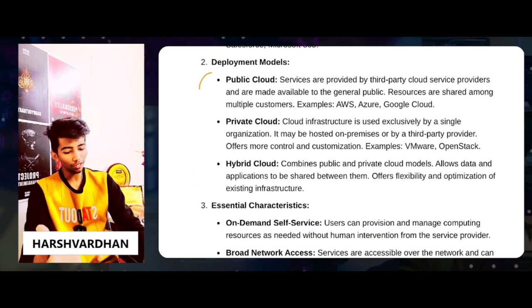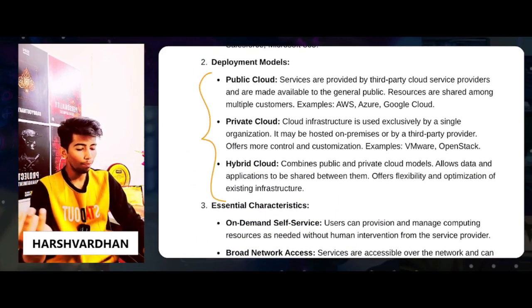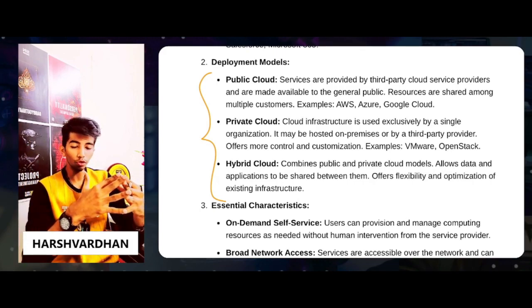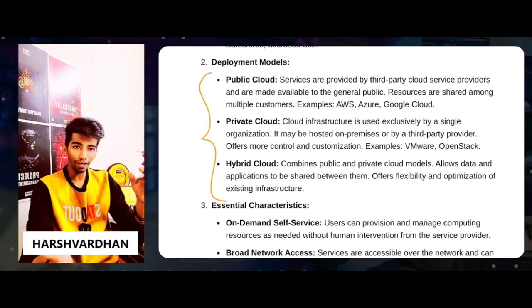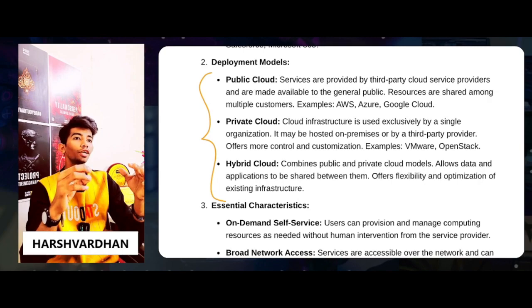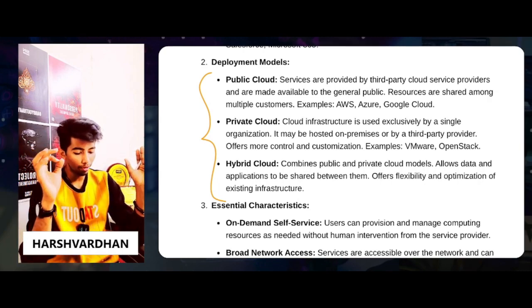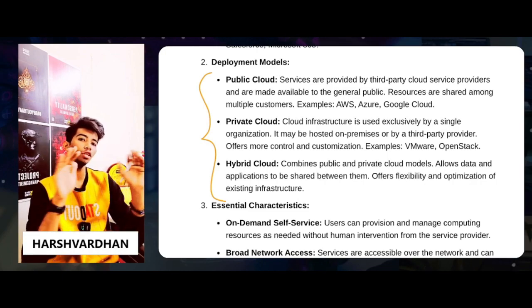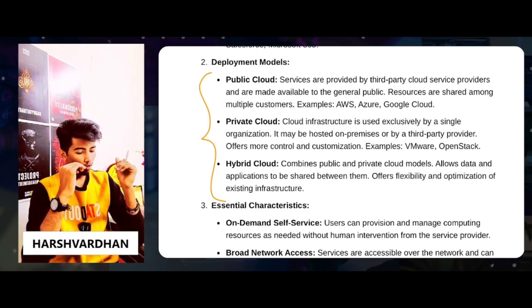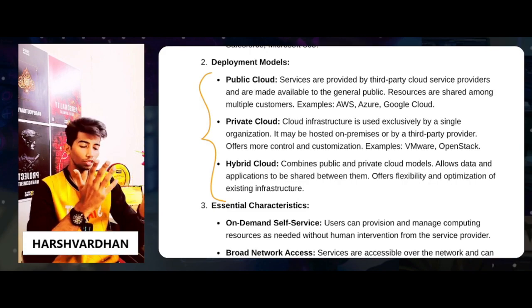Deployment models are three: public, private, hybrid. In the public, the third party will also be with you. In the private, you get a proper private cloud, the private infrastructure, or you can just get your private space to work on your data so that all kind of security should be maintained. Hybrid cloud contains both the part of private and public. According to your need, you can just do the stuff between them.